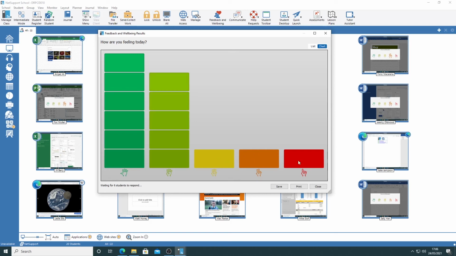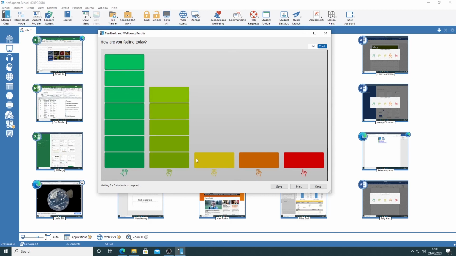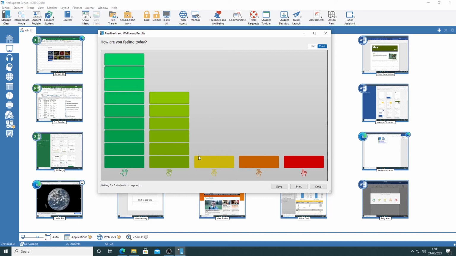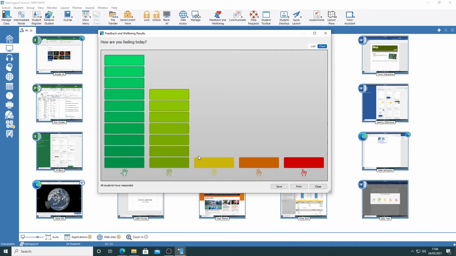for whatever reason. It does depend on your class as to whether you want to choose to have that anonymised thing on or off. It's obviously helpful. If this was my classroom, I would probably say, thanks for your feedback, everybody. I have noted that 3 of you have chosen quite a low response. If you wanted to speak to the school counsellor, if you wanted to speak to me after class, so forth. Give them some options to have that conversation should they need to or want to have it